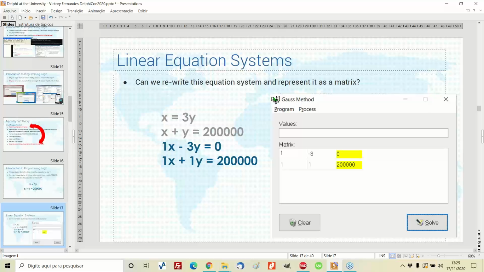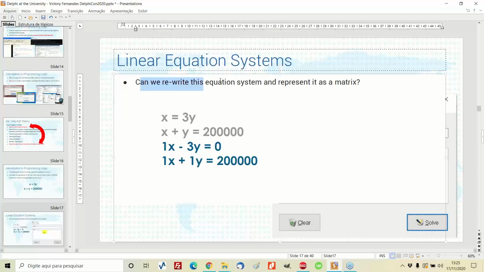Okay, so in this way, for example, I can rewrite this equation system and represent it in a matrix. So before I used to have this equation, I can just say that I bring 3x to the other side, so it's minus 3x, so I have 1x minus 3x equals 0, and 1x plus 1y equals 200,000.